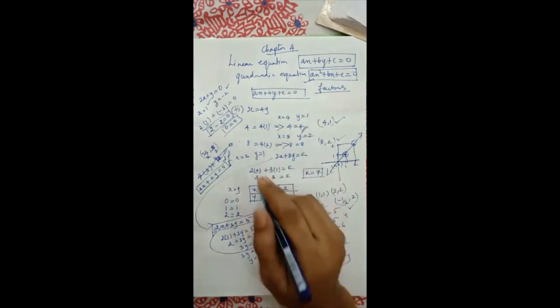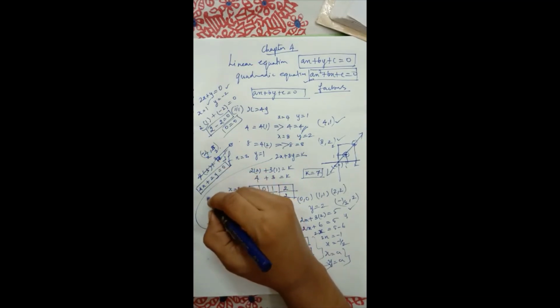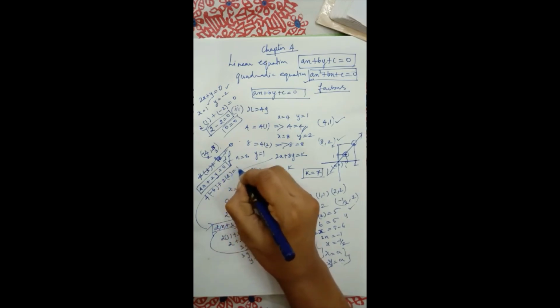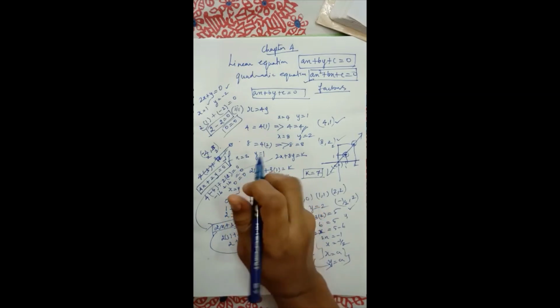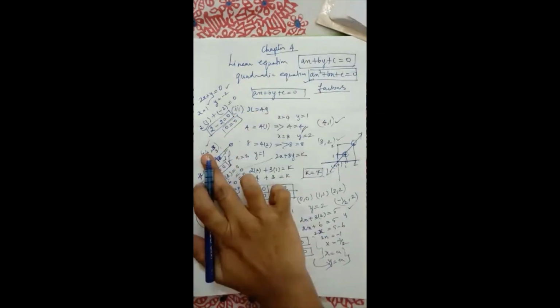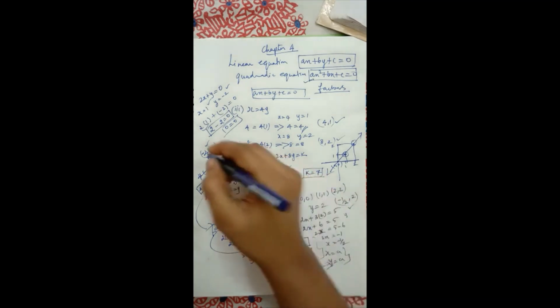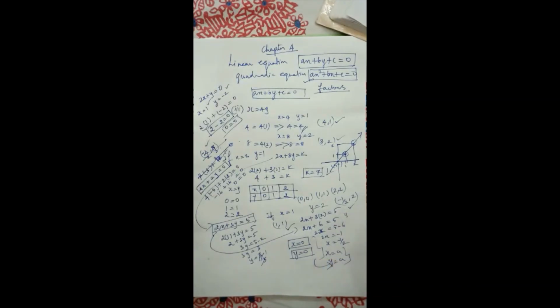It is an MCQ type question. So you have to take this point and put it in every equation, and check it. For the point minus 4 comma 8, 4x minus 4 plus 2y 8 is equal to 0. 4 fours are minus 16, 2 eights are 16, that is equal to 0. So 0 equal to 0. If both sides are equal, then this is one of the solutions of this equation. Then we can say this equation of line is passing through this point. Is it clear, students? Good.